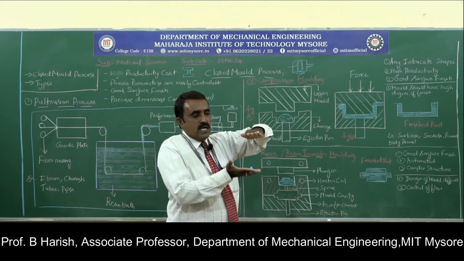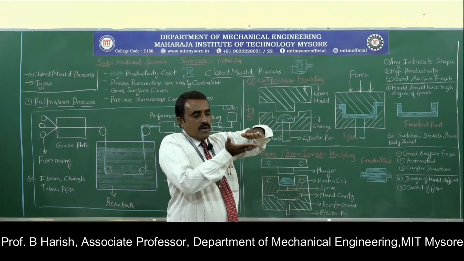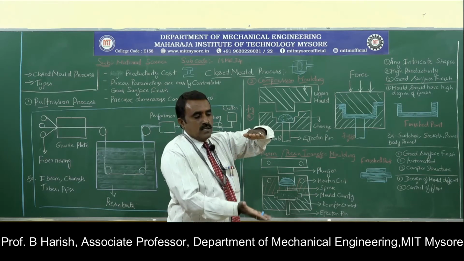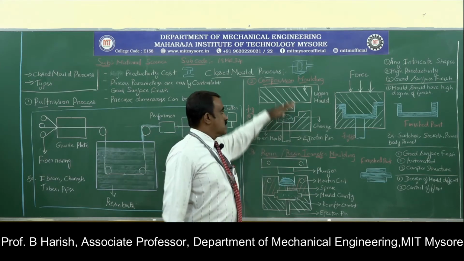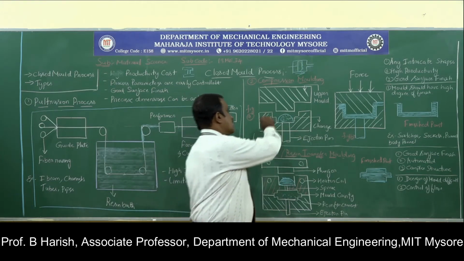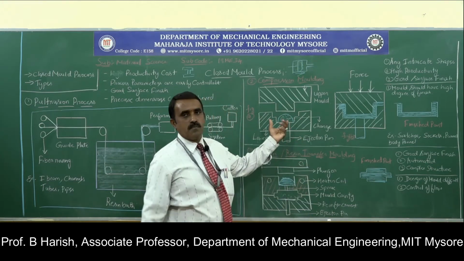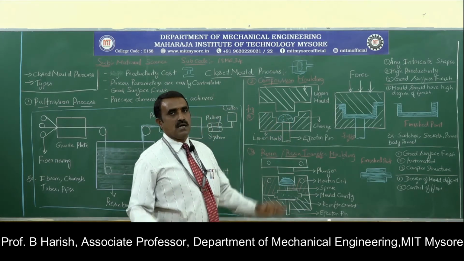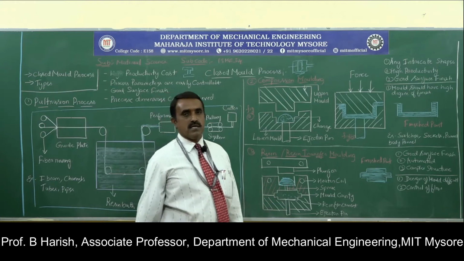So the upper mold is fixed. If I want to have contact, the lower mold is pushed in. If I want to remove the finished product, it is moved outward. This is fixed, and this mold is movable. So that is two mold boxes, the upper and lower mold, and an ejector pin. It is a simple setup that is used.